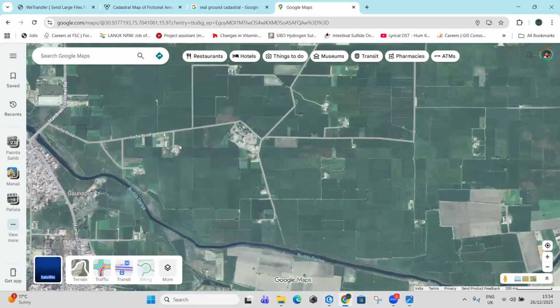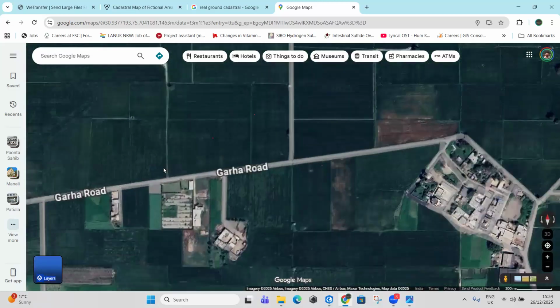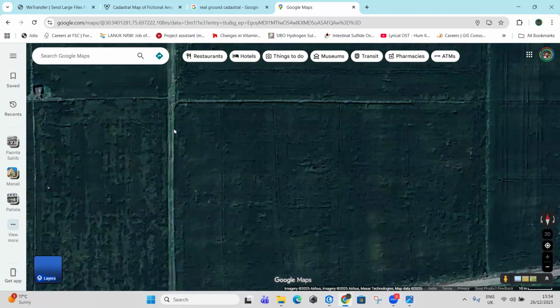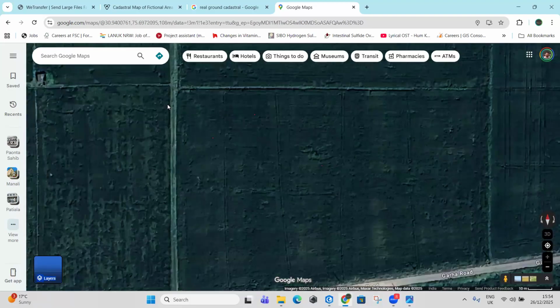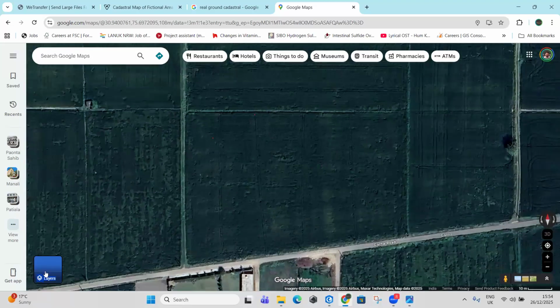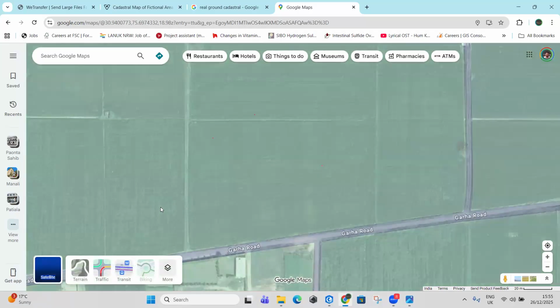Now, this is a road. So this road is not a proper road. It is like a road where the ground is very similar to the color of the adjacent field. So their algorithm was not able to detect this road. They don't care if it is there or not. They want a better algorithm, but